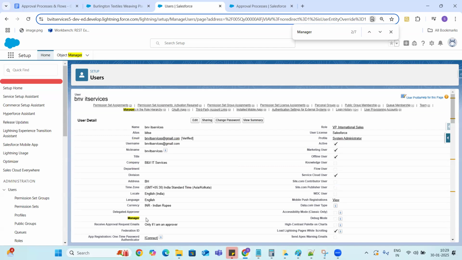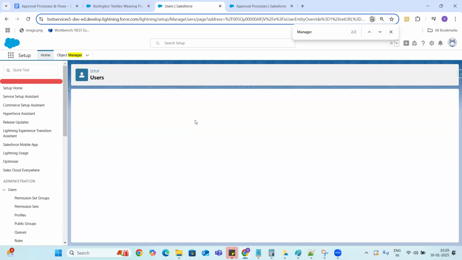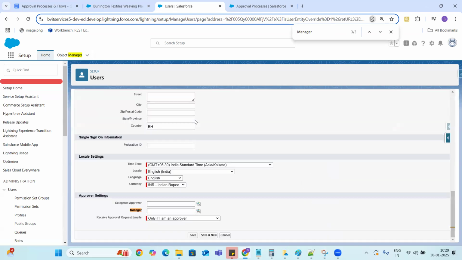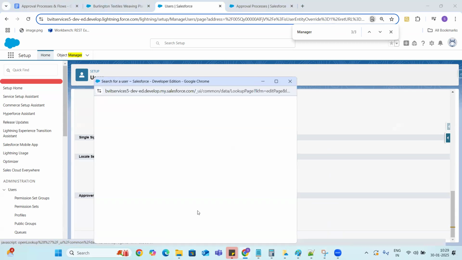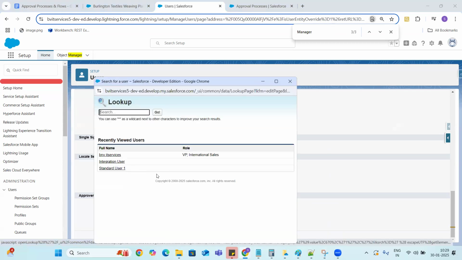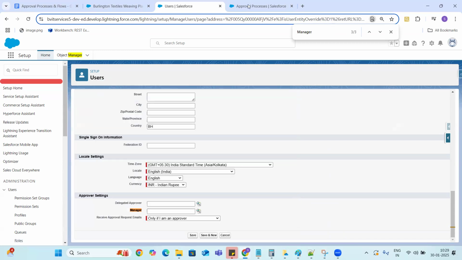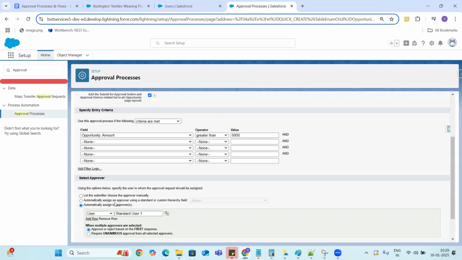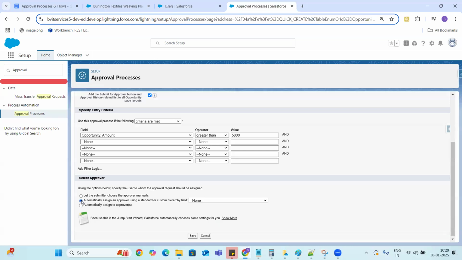Whomever you select in the manager field will automatically get a notification. This is where you can select who your manager is. So whenever you submit for approval, if you select this option, your manager should approve things.